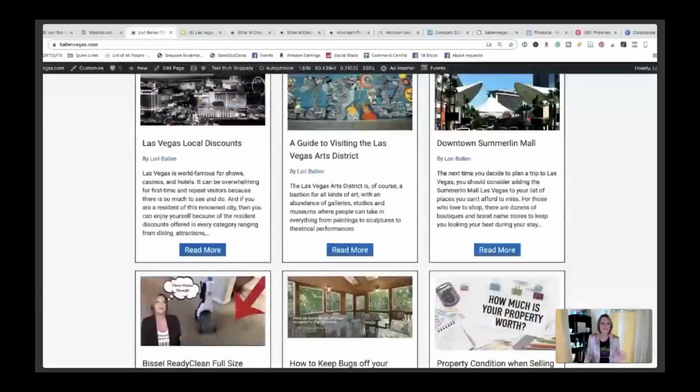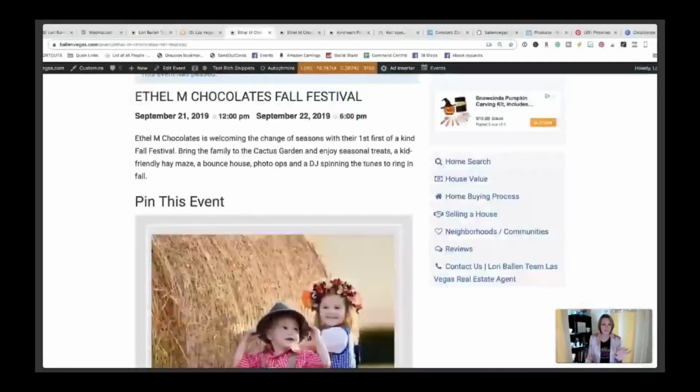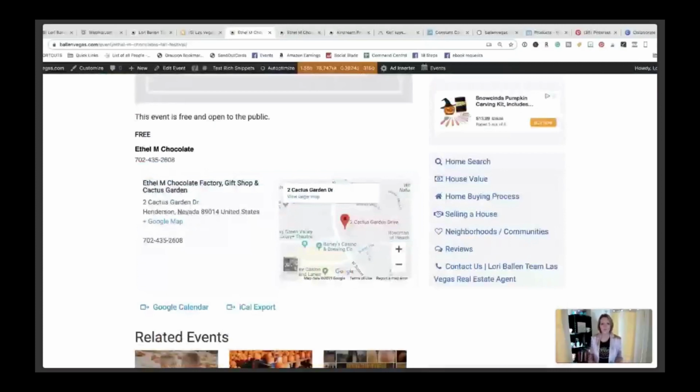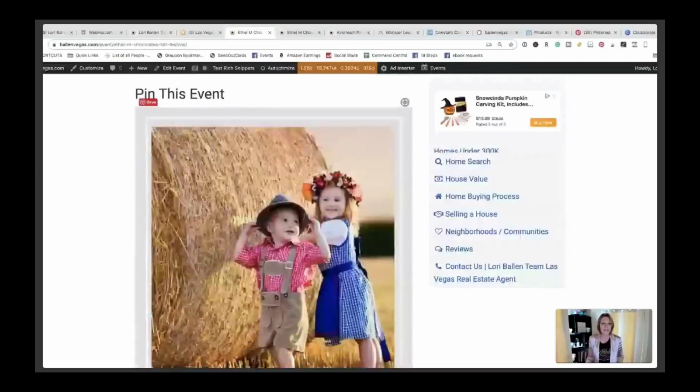Okay, see how this has the date, the time? Now watch this. It's got a map. It's got all this stuff. This is being populated by a plugin. So this is one of the reasons why I'm obsessed with WordPress, because WordPress has all of these plugins that give me the ability to add functionality and design to my website. Oftentimes they're free. This plugin was not. I do not have an affiliate link for this, but I will tell you that it is called the Events